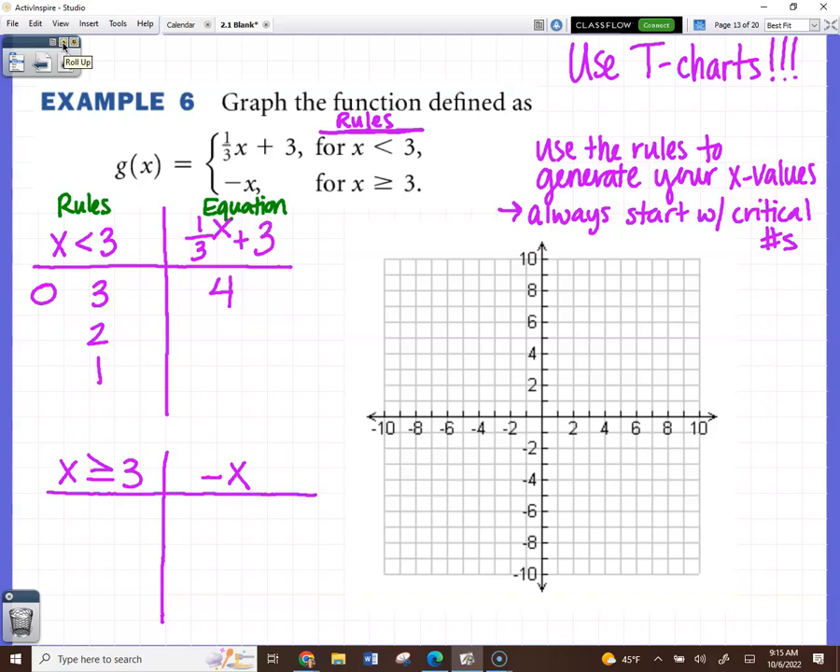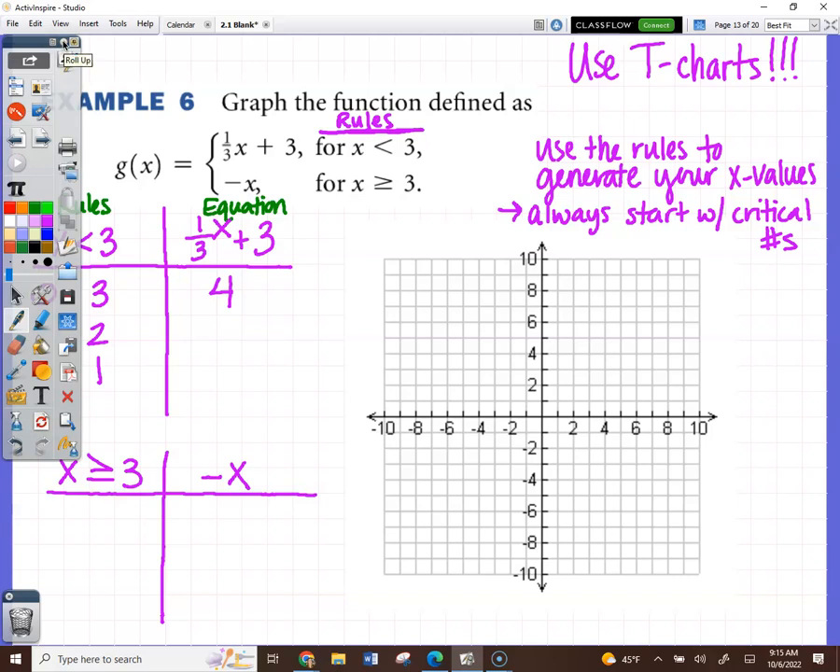Now, when I plug 2 in, I'm going to get what? I'm going to get 2/3. Do I want to graph 2/3? No. I don't want to graph 2/3. So here's something I want you to write on your paper. Let me change colors. Blue. I'm going to draw an arrow